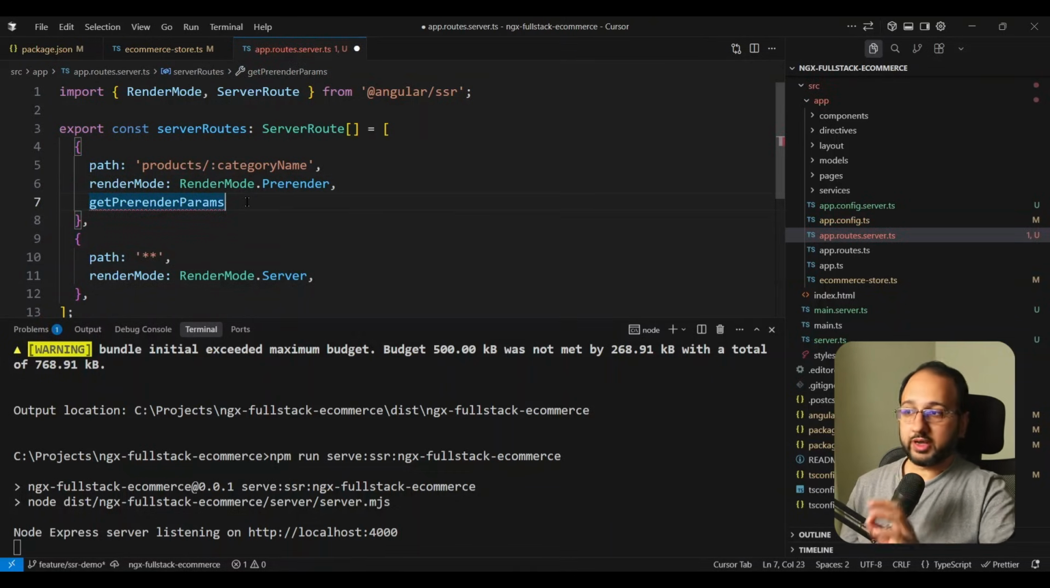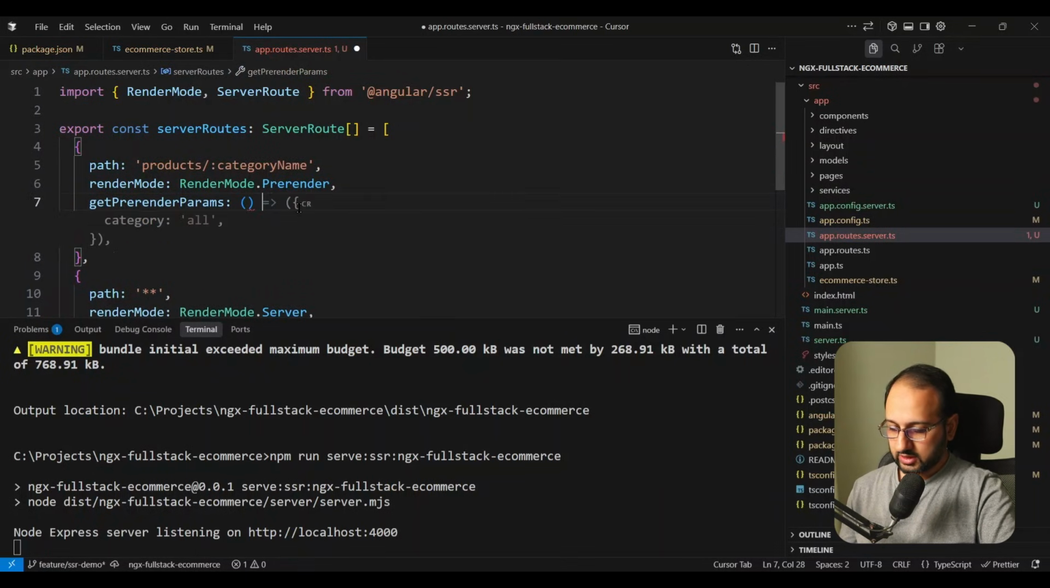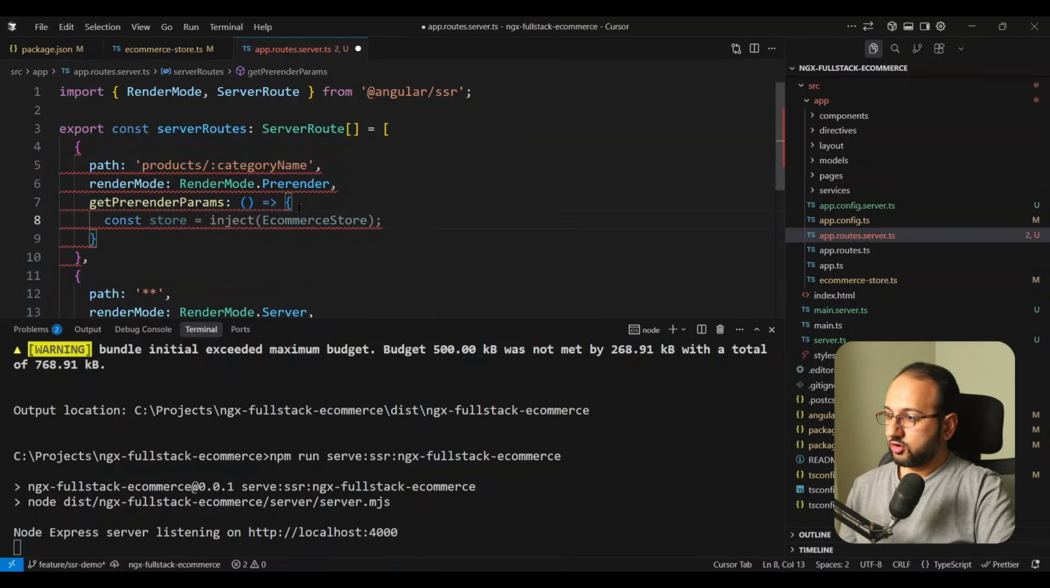And this was actually the error that we were getting: if you have pre-rendered and there is a dynamic route with dynamic parameters, we need to have a pre-render params function so that Angular knows what to do at build time. All right. So in pre-render params, we are going to create this function here, and I'm going to just define this here. And here, first we need to inject our service